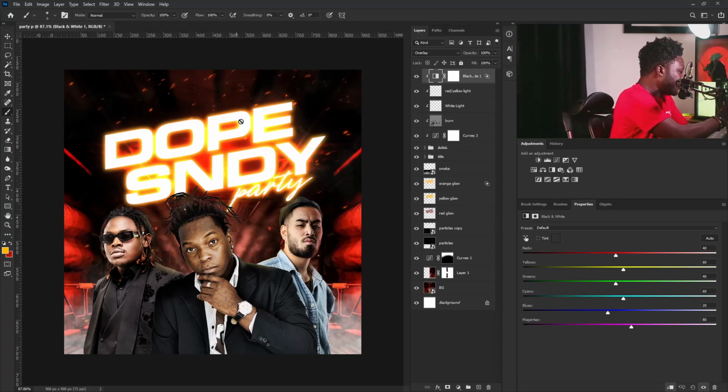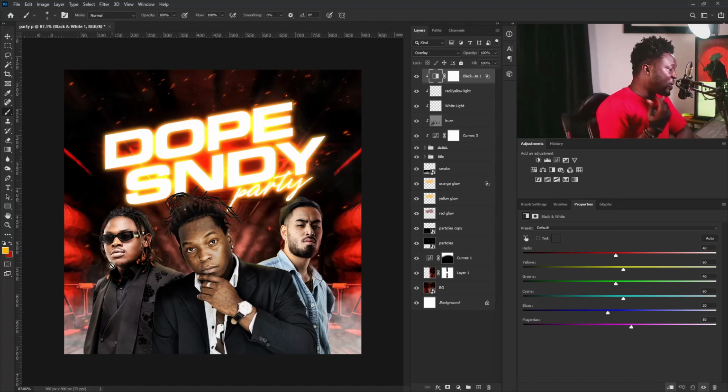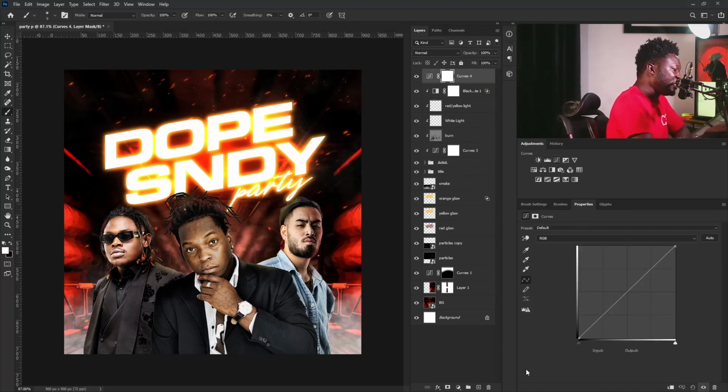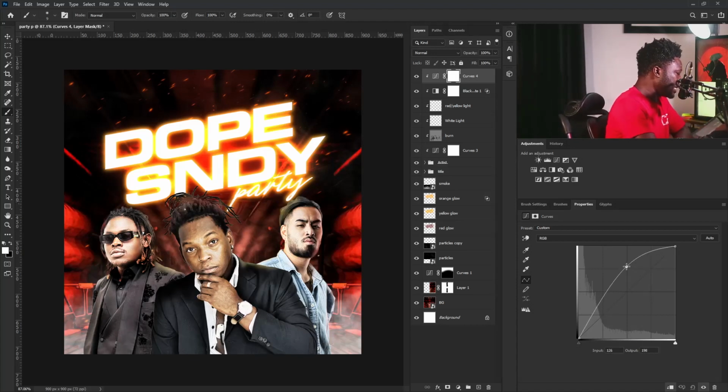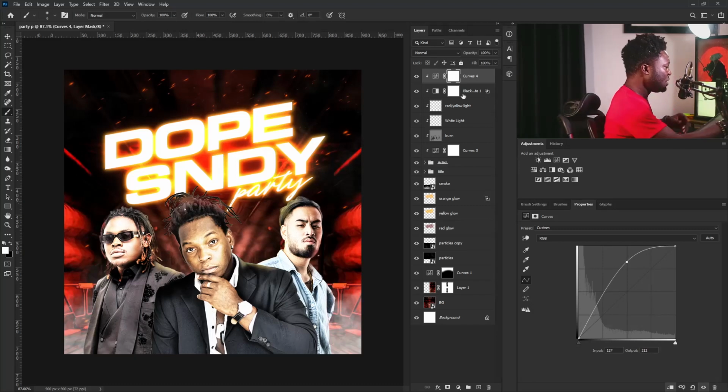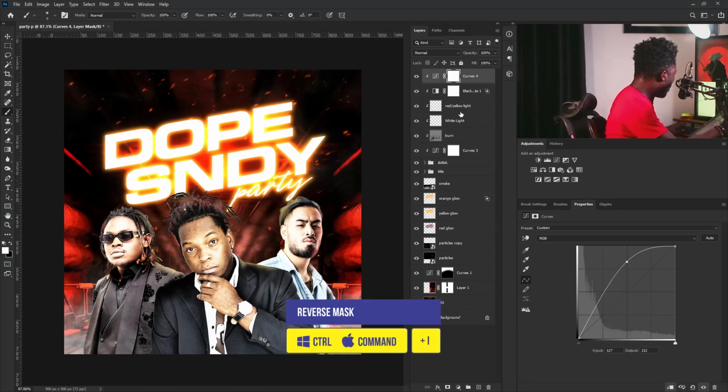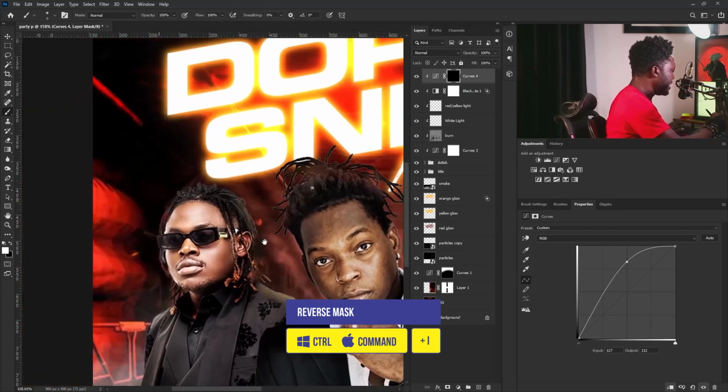So I'm using the light from this title to apply the light yellow light on this side of each of the characters, and I'm using this light on this side of my frame to apply the red on the face of my character. All right, and I'm going to select curve adjustment here, and I'm going to click on the clip icon here because I only want this to affect the layer of the characters. Then I'm going to move this up like that. All right, and I'm going to hit Ctrl-I on my keyboard to reverse the mask,